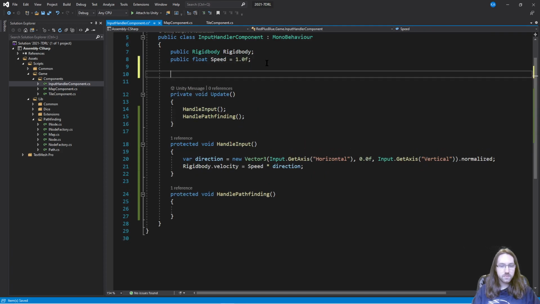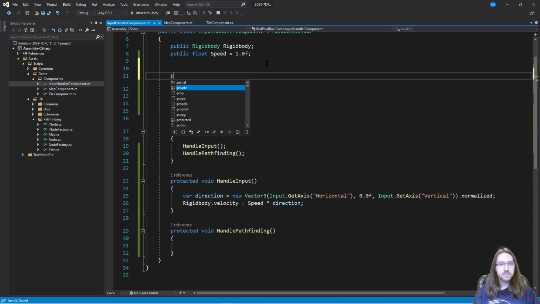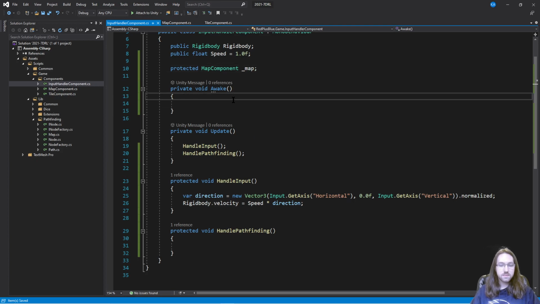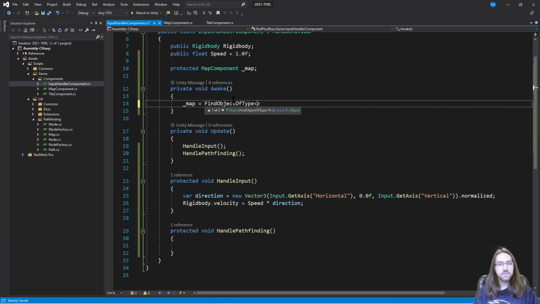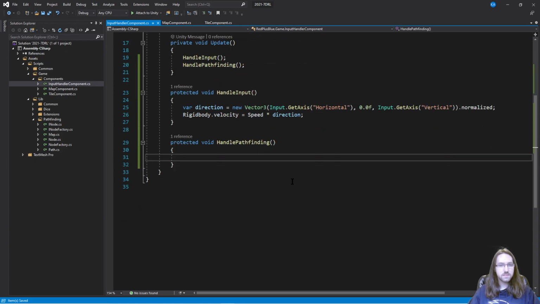And also with private void Awake, we can look up the map. So we can say protected MapComponent map. Say map is equal to FindObjectOfType MapComponent. Okay, find that. And then with HandlePathfinding, what we want to do is raycast from the